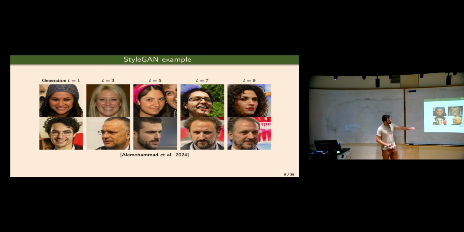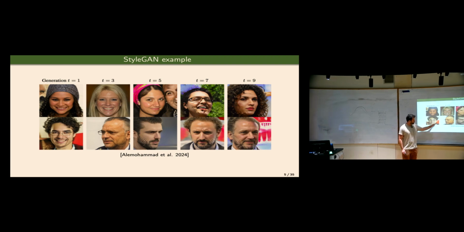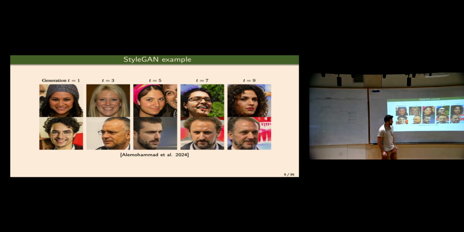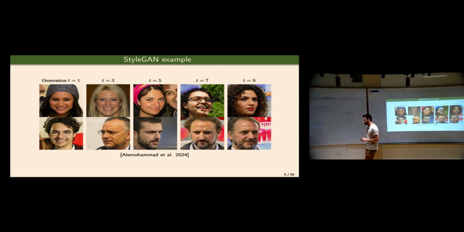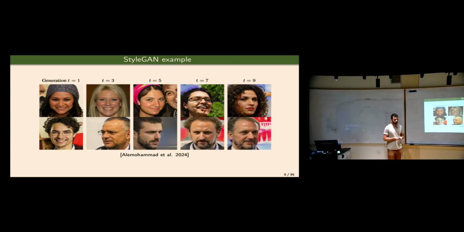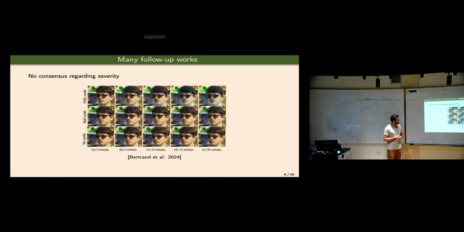The early papers that looked at this were mostly experimental. And they created these sort of experiments that others argued with somewhat later. But generally, you start with some generative model that's trained in the regular way that you all know, and it looks good. And then you train more models using the outputs of the previous ones. When you repeat this multiple times, eventually you reach models that produce images that don't look so good. There are also similar phenomena with other modalities like text. But there's really no consensus regarding how serious of an issue this is.